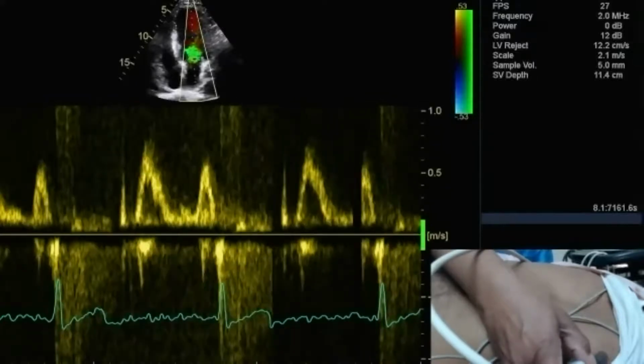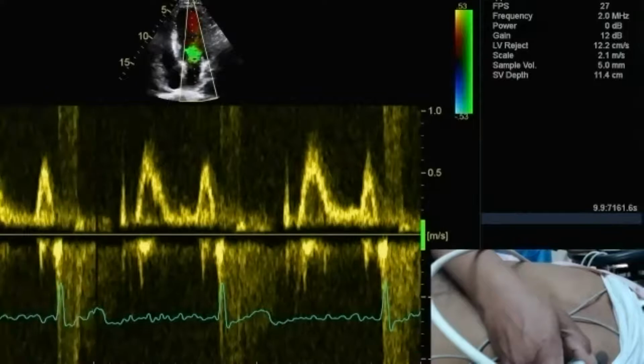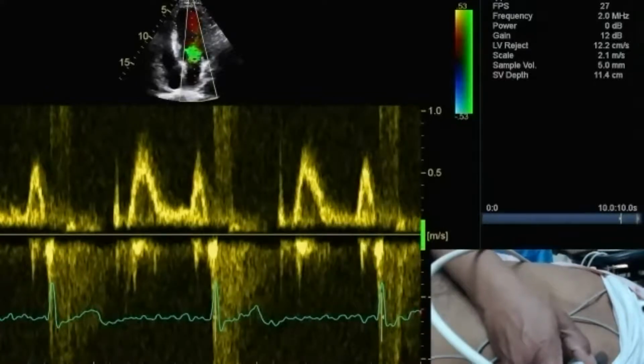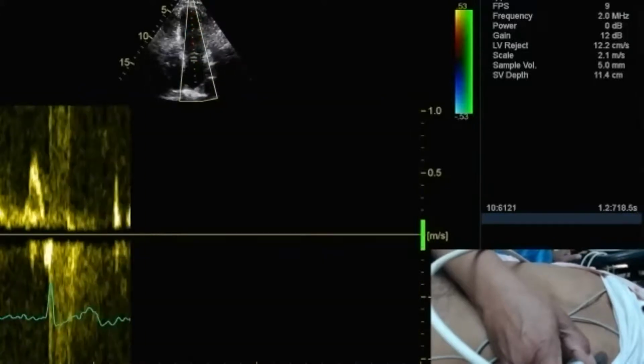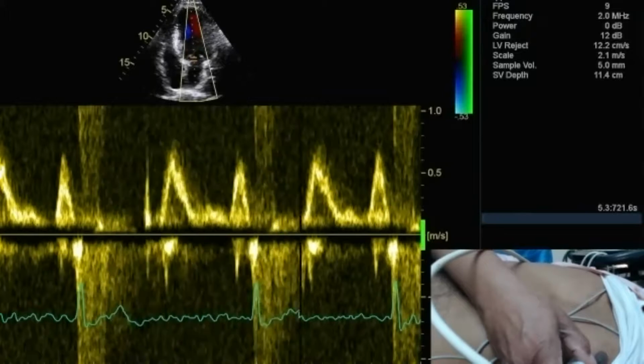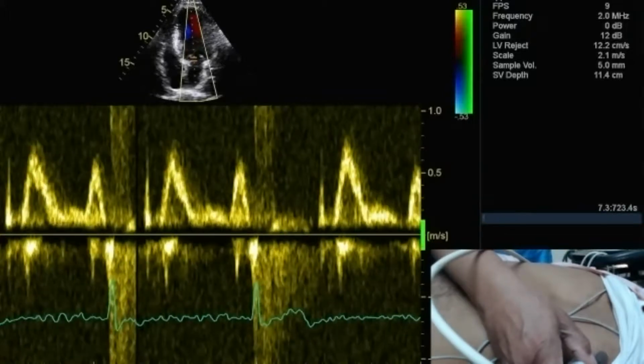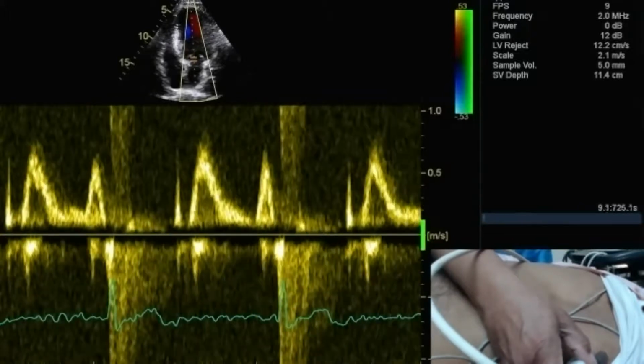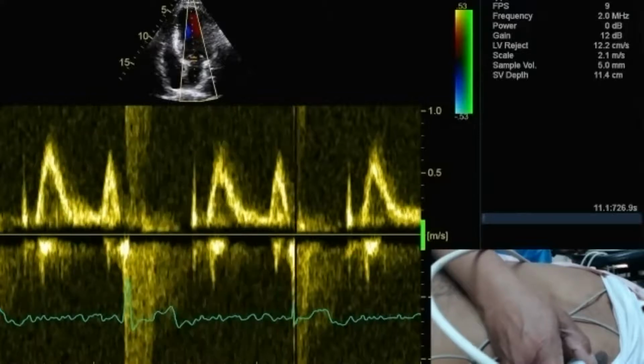I'm increasing the gain of the colors deliberately, freezing the image. This is the mitral inflow pattern. This is the regurgitation pattern. This shows aliasing before this line also. The other side of the line is also seen. Now I'll continue with this aliasing. And now what I said, I'll increase the scale to the maximum possible limit. Look, this is the maximum possible scale I can have.